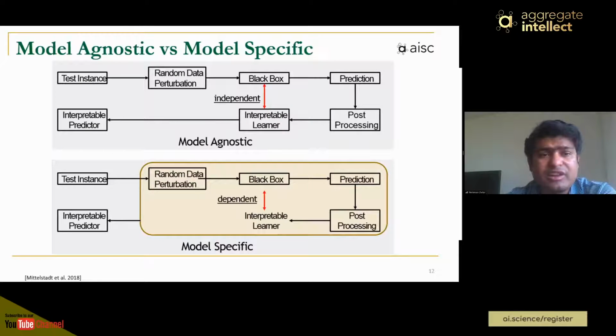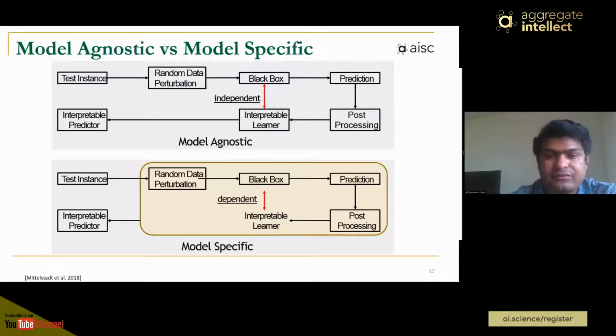Model agnostic versus model specific. Here are two models. In the first diagram, all modules are independent of each other, so you can change a specific module and come up with a different algorithm, or you can improve the results of previous models. But in model specific, all modules are dependent on each other. You cannot modify a single